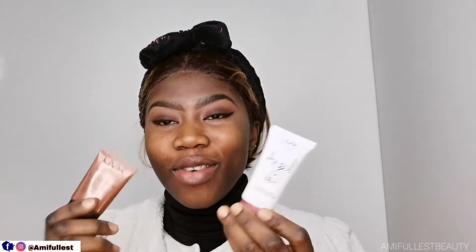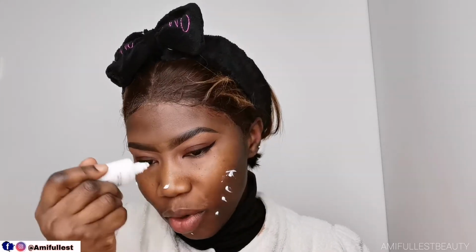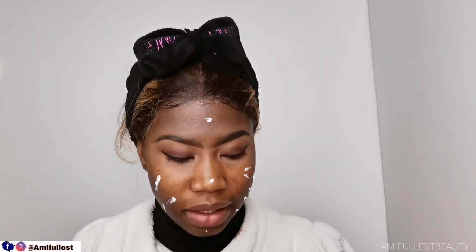Now it's time to jump into the skin. I'm going to use this primer. I really love these two combinations together. It just makes your makeup look really beautiful. So that's what I'm going to use. I love this NYX Angel primer. It's so beautiful, and I did a video with the Essence Cosmetic